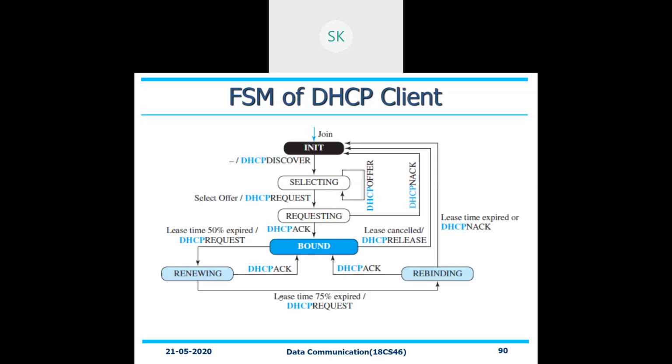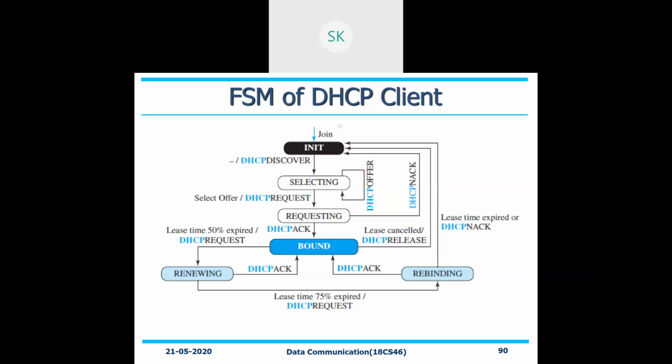Suppose after renewing also, if it reaches 75% expiration, at that point of time, you need to rebind it. Rebind means whatever the address that you have been given, you need to readdress to the address that has been provided. That means you have to change the entire address itself. If the operation happens properly, then it's okay. Otherwise, if it is expired with no acknowledgement, it will need to start from the initialization part. So this is how it needs to work with respect to your DHCP.